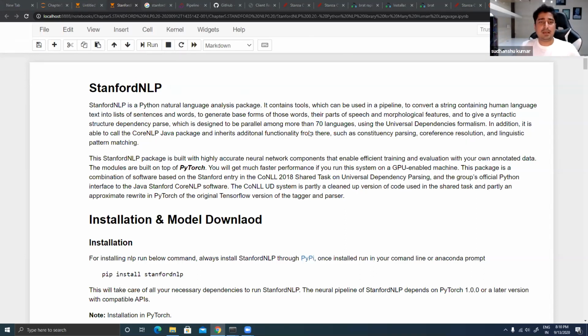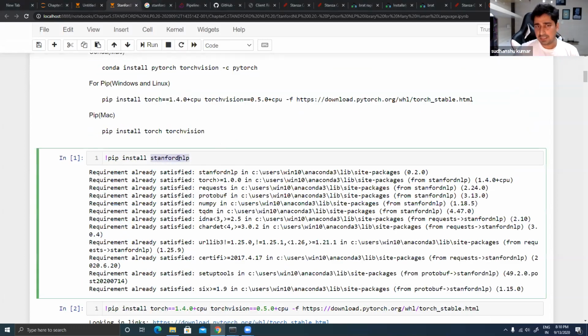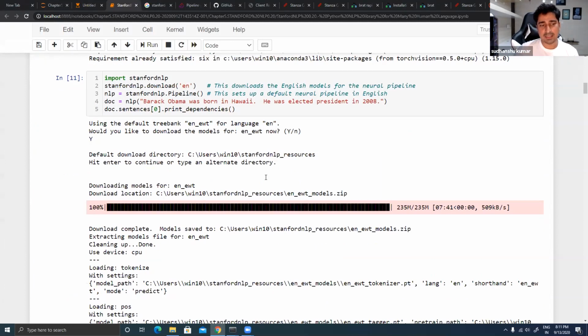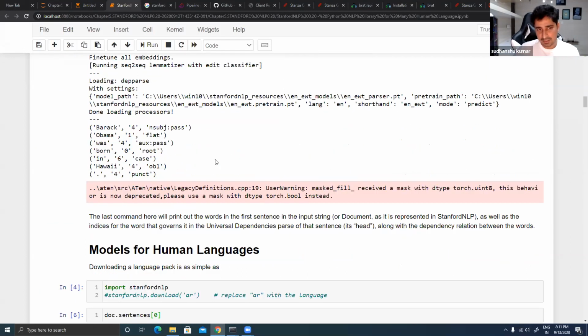One more thing that they have done recently, in August, is move their entire package to a new platform, called Stanza. People like me who were using Stanford NLP a couple of years back, or maybe a couple of months back, can import all of those things using Stanford NLP. Even now it is working, but they have moved this entire repo to another place, called Stanza. Stanza is a GitHub repo that they created last month itself, and all the advanced features are available in Stanza.